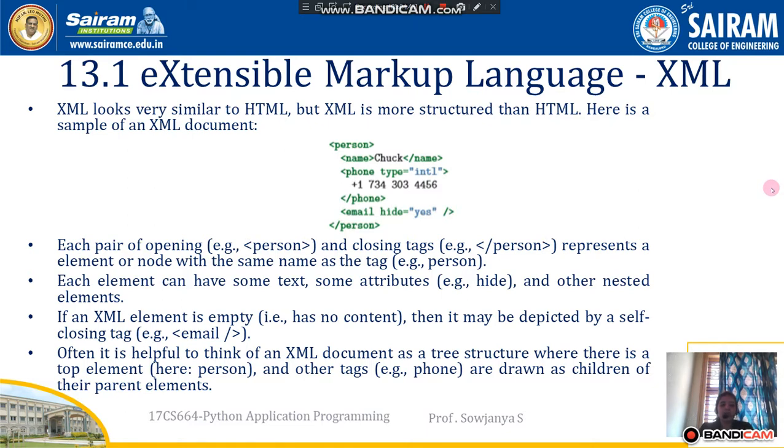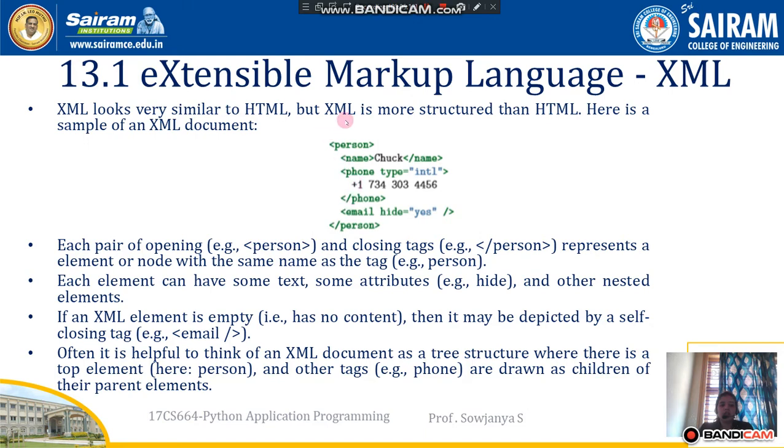Another thing is it is useful to think of an XML document as a tree structure. I have told you it is a more structured language when compared to HTML. So it is helpful to view an XML document as a tree structure where there is a top element. What is the top element here? Person is the top element, and the other tags can be phone, which are drawn as children of their parent